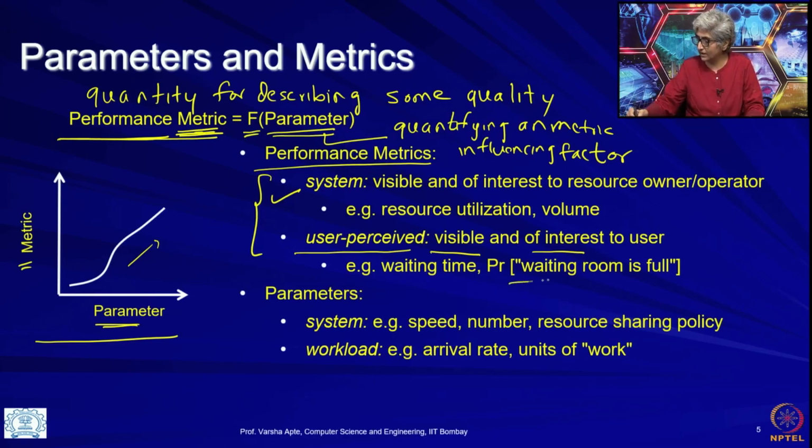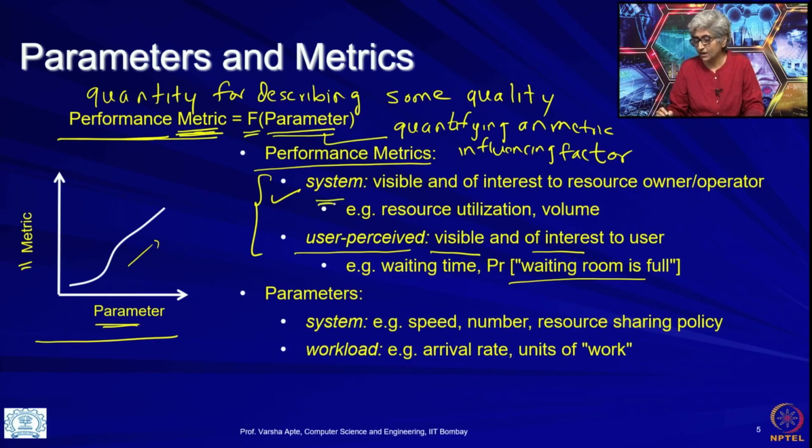Similarly, if the waiting room is full, meaning the packets came to the network buffer but were dropped, they did not even have space to queue. That is something that the packet will know. If the packet was a person, the packet would know that it was dropped, but at least it is something that the packet has experienced, and maybe the sender of the packet will note that the packet was dropped. So, one way or the other it concerns the user.